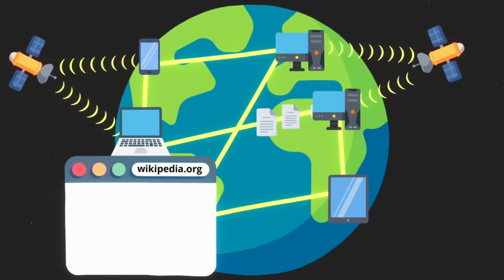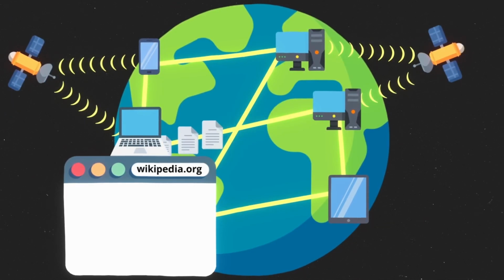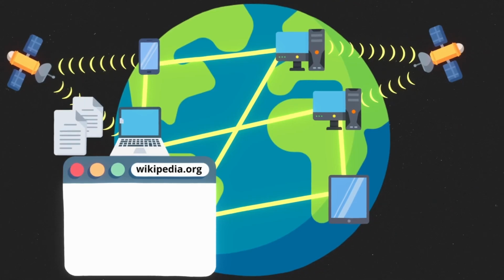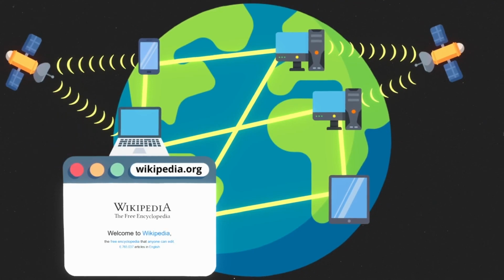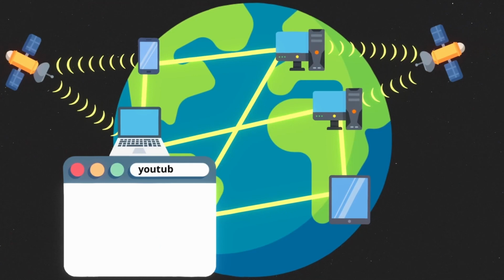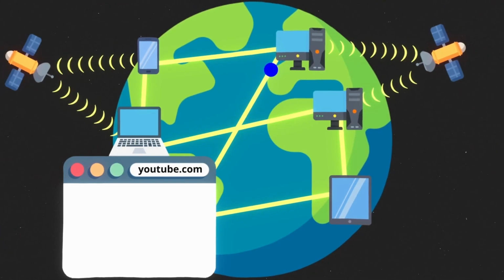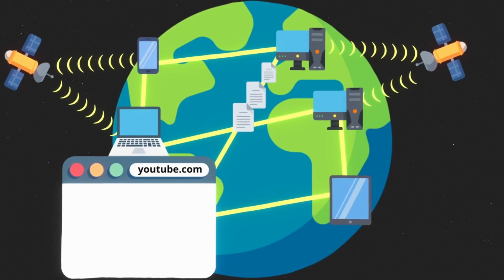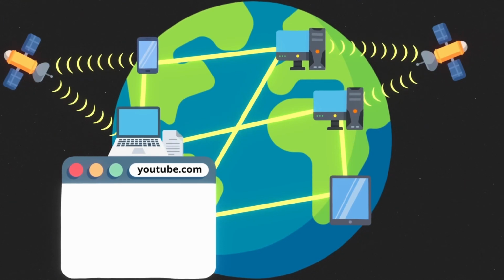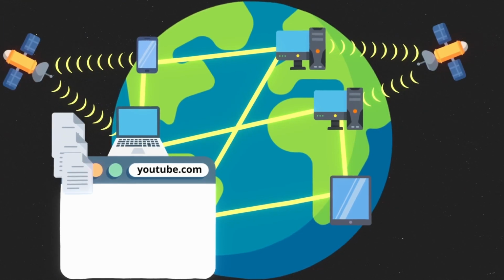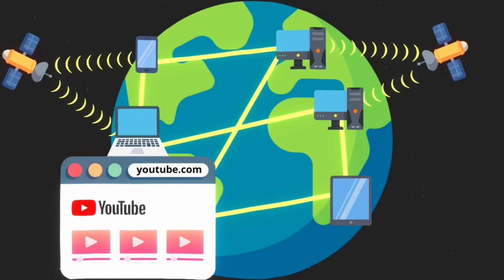This computer will reply sending some files, and then the browser will read these files and it will show the web to the user. If the user types a different address, the request will go to a different computer, which will send the files from that other website, and the user will see this other website.